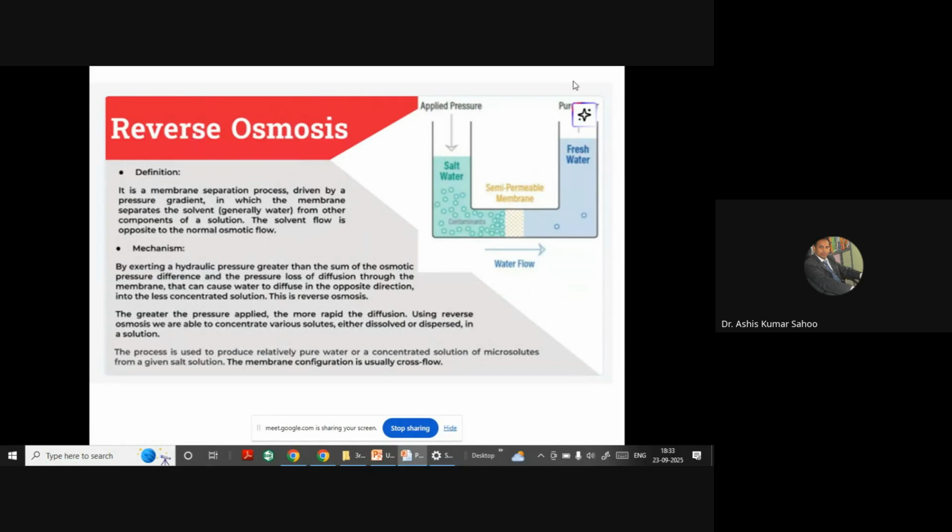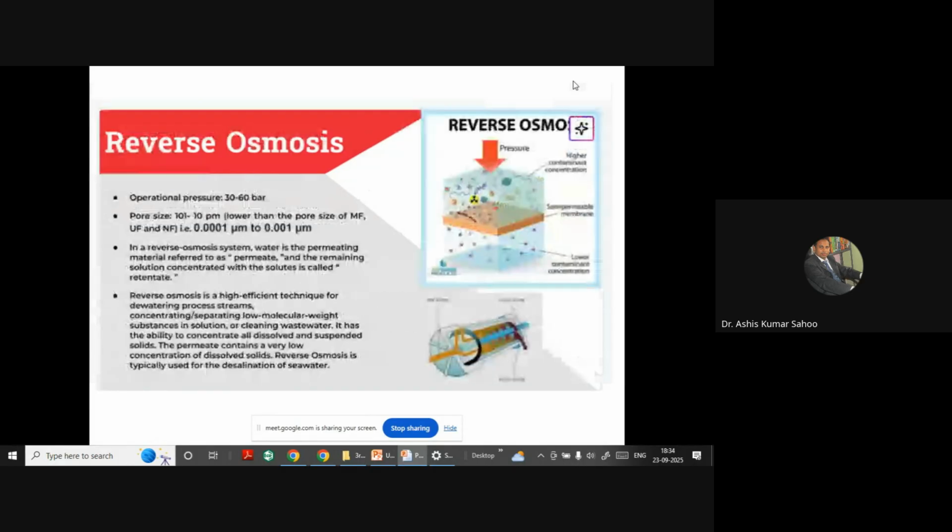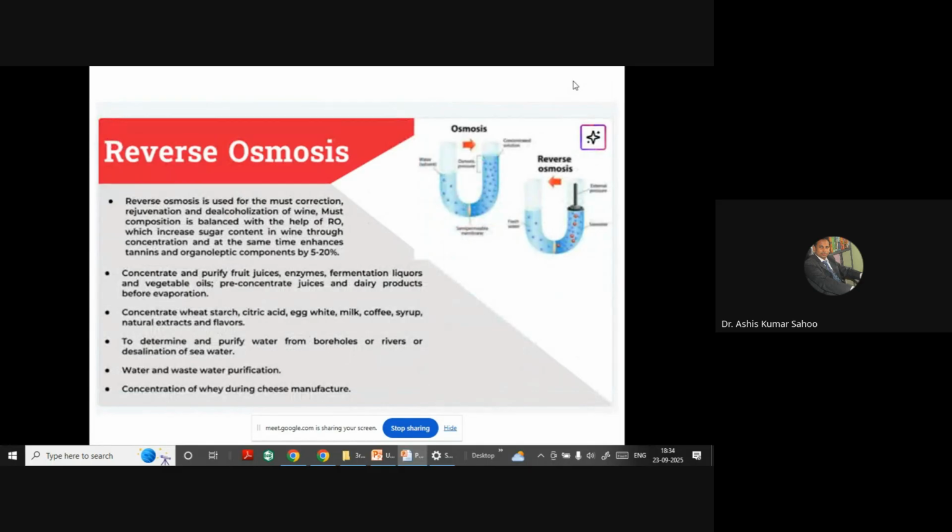It is a membrane separation process driven by a pressure gradient, in which the membrane separates the solvent from other components of the solution. The solvent flow is opposite to normal osmosis, mostly from high concentration to low concentration across a semi-permeable membrane. So these are the mechanisms of reverse osmosis. Here we apply pressure of 30 to